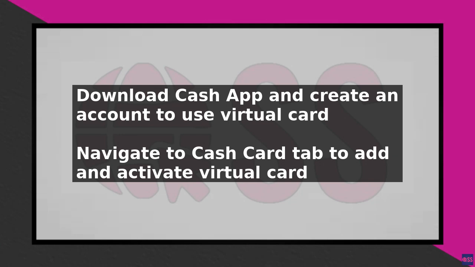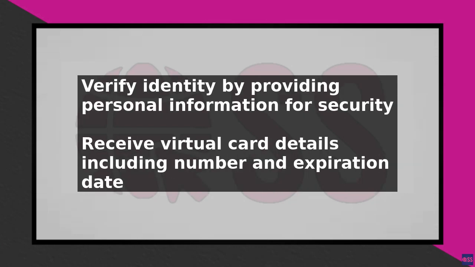In the Cash Card section, you will find the option to add a virtual card to your account. Tap on this option and follow the prompts to activate your virtual card. You will need to verify your identity by providing some personal information, which is a standard security measure to protect your account. After your identity is verified, you will receive your virtual card details, including the card number, expiration date,